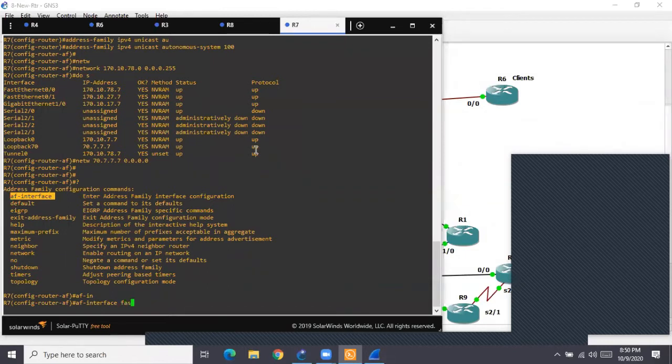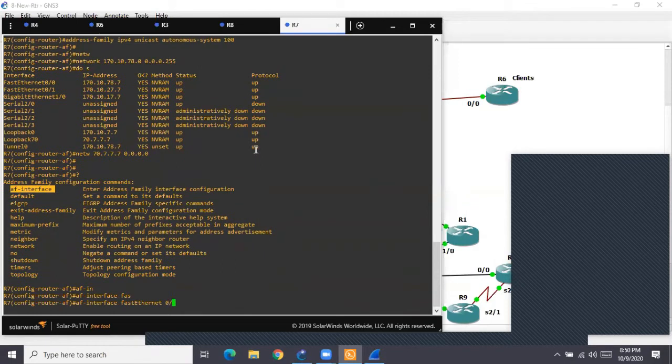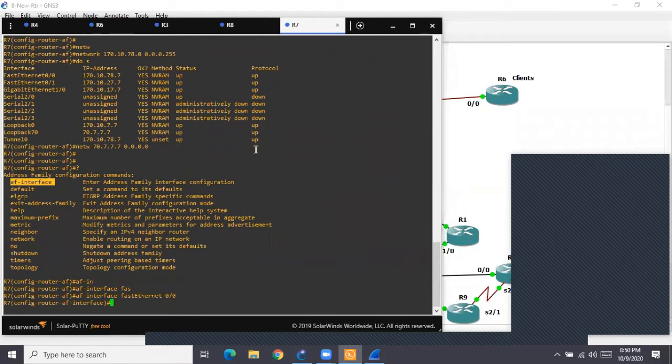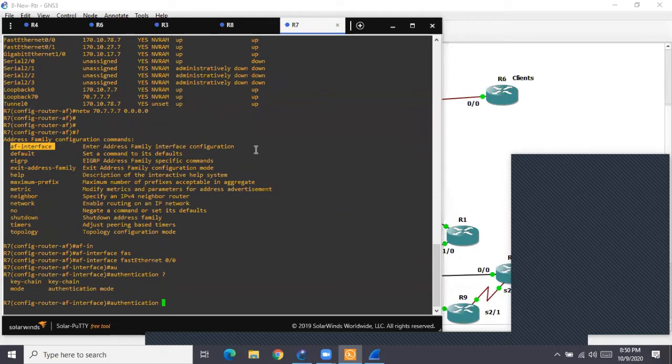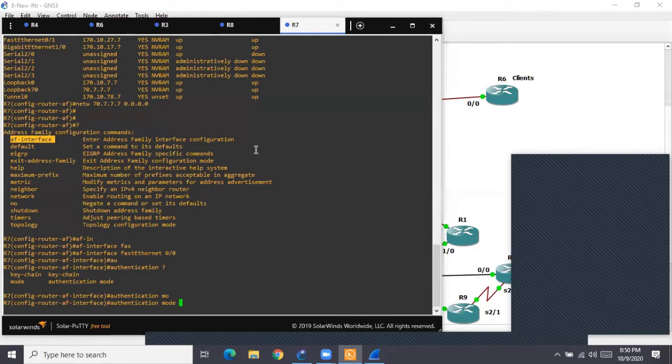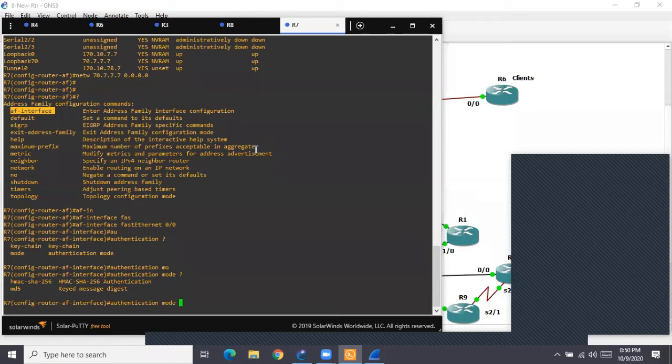What is the interface? FastEthernet 0/0 as per the diagram. And over here, if I put authentication, the command is there. And then what I want to do, you see both options are available, MD5 or SHA.